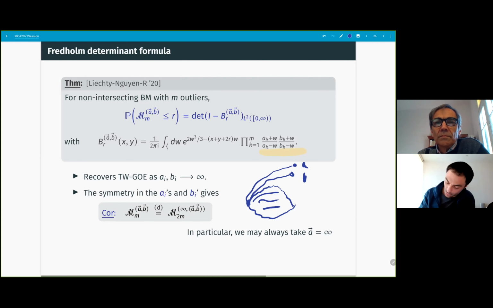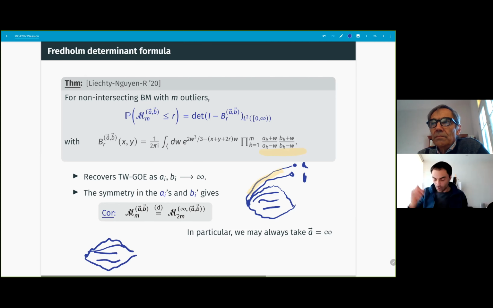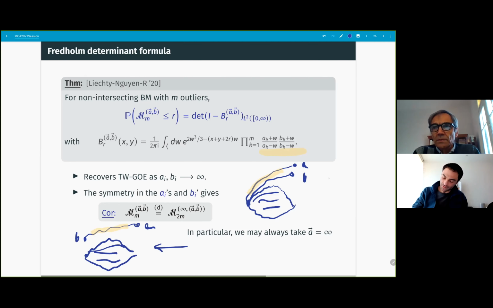And I compute the supremum of this path. Well, what this tells me is that in the limit, it is the same thing as the following. Instead of having two outliers, now I'm going to have just one outlier, but the outlier is going to start at B, say, and end at A. And now I compute this sup. The scaling limit, the maximal height of this, is the same as the maximal height of that. And it just shows up from the formulas.